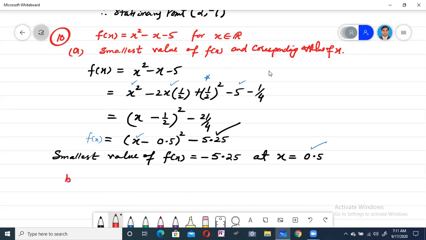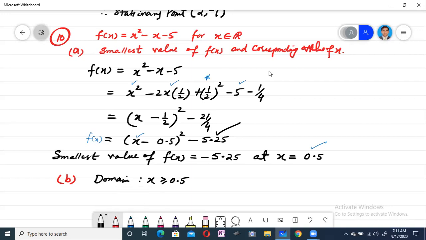Then part B here is, hence write down the suitable domain for f of x in order that f inverse of x exists. When f inverse exists, what is the suitable domain? Here domain can be x should be greater than or equal to 0.5, because if it will be less than 0.5,